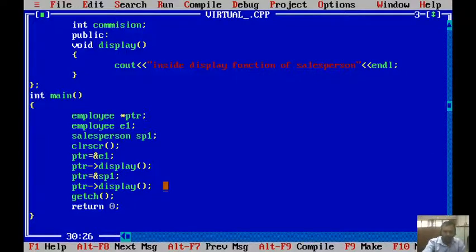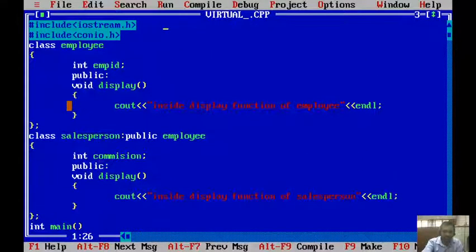So this can be done by using a keyword called the virtual keyword. I need to add the virtual keyword in the base class, so here before the function name I need to add the keyword virtual. When I add this keyword virtual with the base class function, it makes it a polymorphic class, right? So in this case the association of function call with definition will be done at runtime, also referred to as late binding, right?